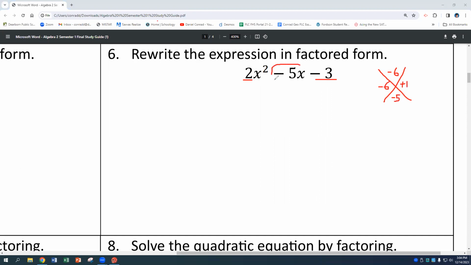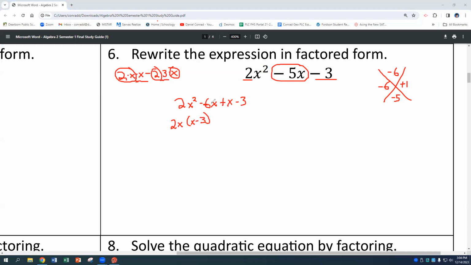And we're going to split this middle term up into -6x and +x. So we're going to do 2x squared minus 6x plus 1x minus 3. And now we can factor by grouping. So if we're looking at 2x squared minus 6x, remember 2x squared is really 2 times x, and 6 is really 2 times 3 times x. So what we have in common is a 2x, which leaves us x minus